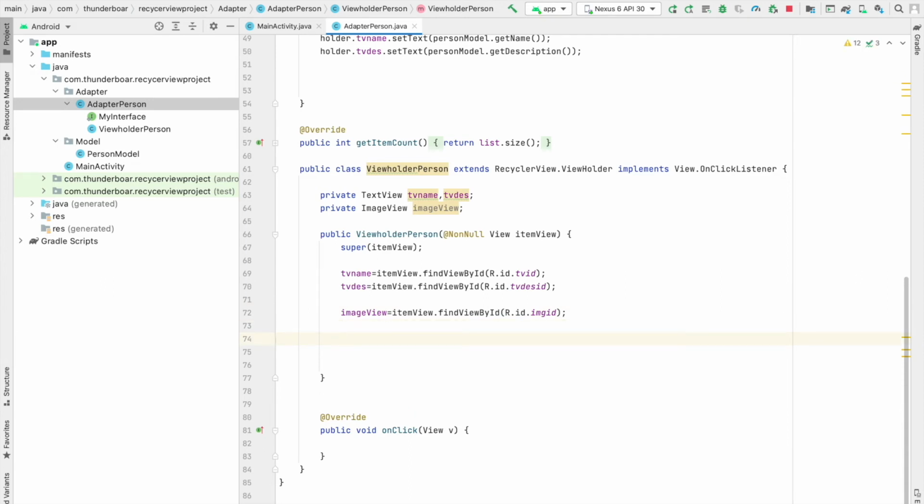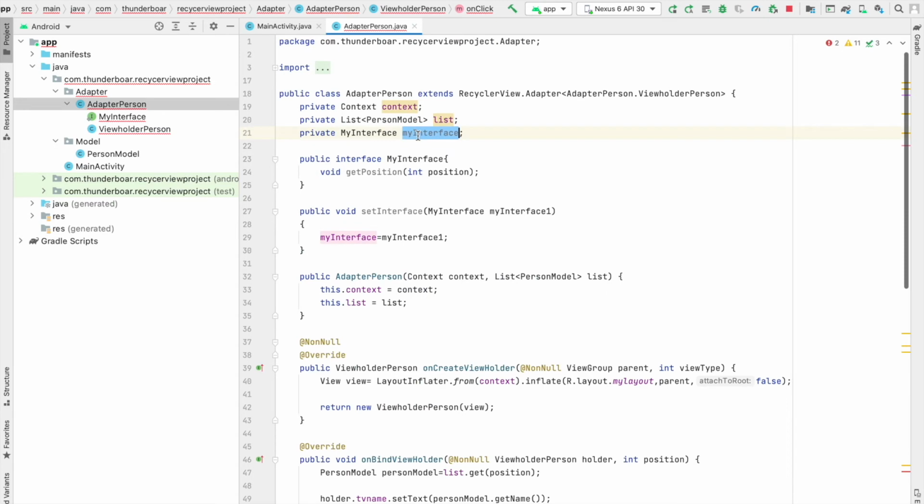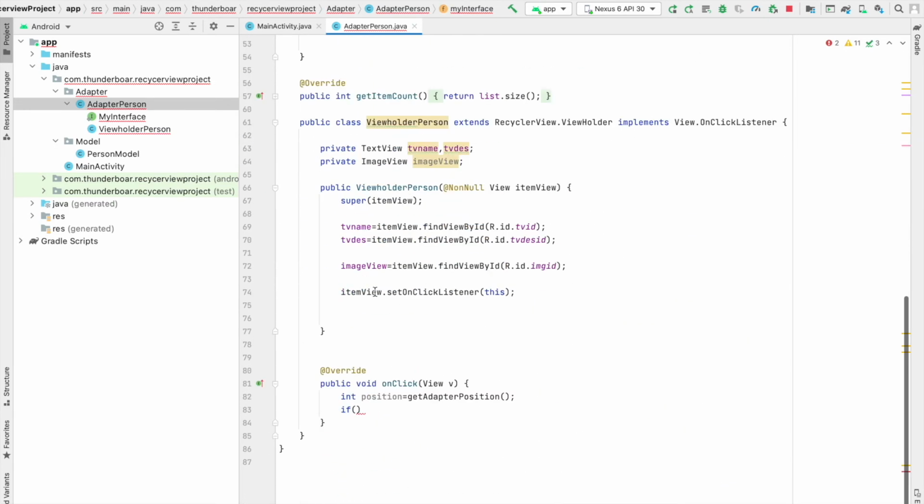So in order to set the click event for the item, I just type itemView, which I get from this one. Then here I have to get the adapter position. Adapter position is an integer. Here I want to check my interface, which I created before, that it is not equal to null, which means it has some value.